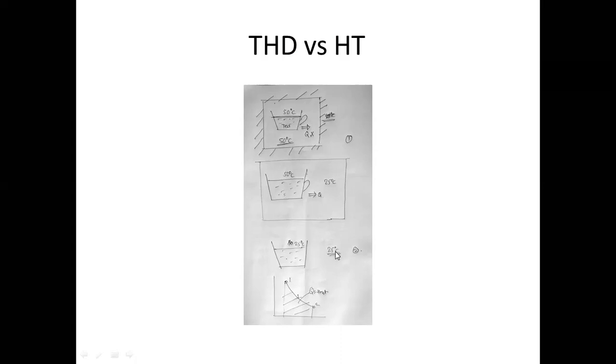Again, we will keep this cup of tea in another surrounding of 25 degrees centigrade, and hence again the heat will transfer from this cup to the surrounding till both temperatures become equal, that is, till the system comes to thermal equilibrium, and we will name this state 2. Hence state 1 is at thermal equilibrium, state 2 is at thermal equilibrium.